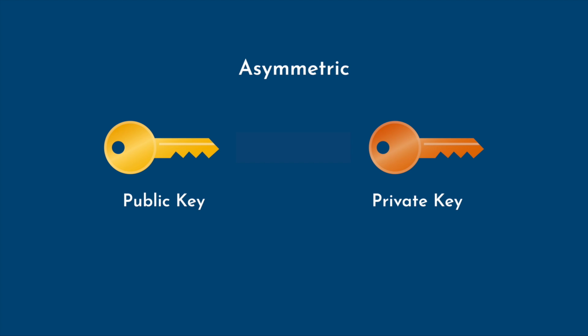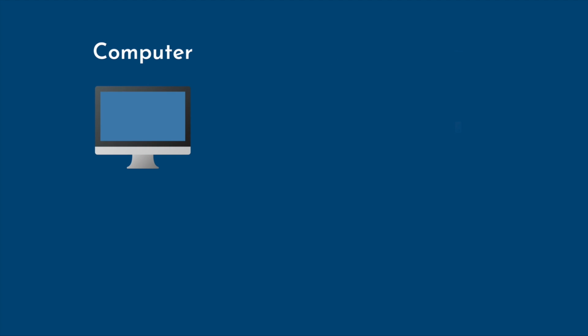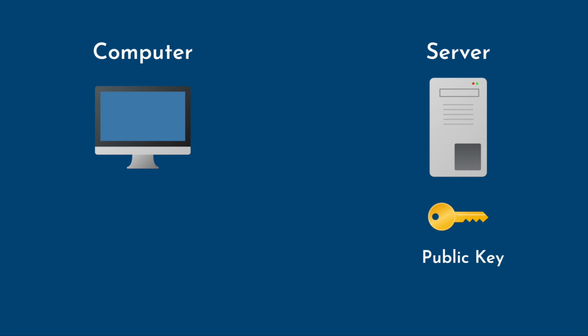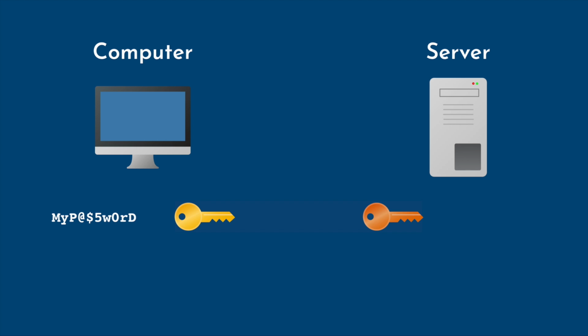This is important. If you want to make sure that only your intended recipient can read your message, then that recipient gives out only the key to encrypt. We call that the public key. The recipient keeps the private key secret, used to decrypt. This way, if you encrypt a message using the recipient's public key, you know that only the recipient will be able to read it, since only they have the private key.